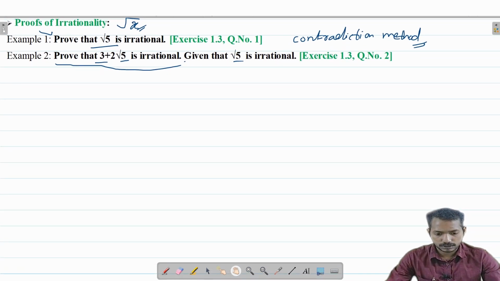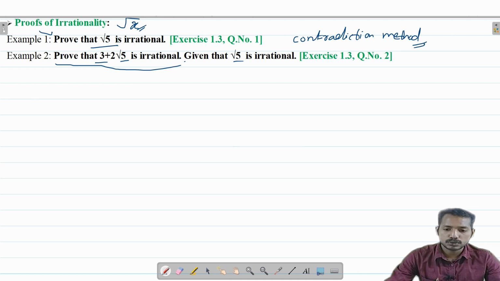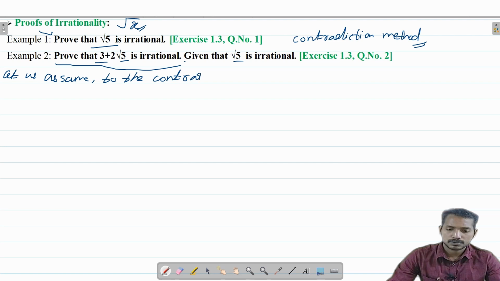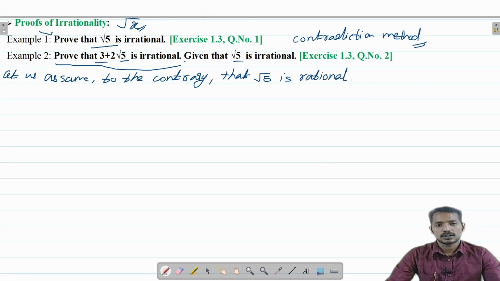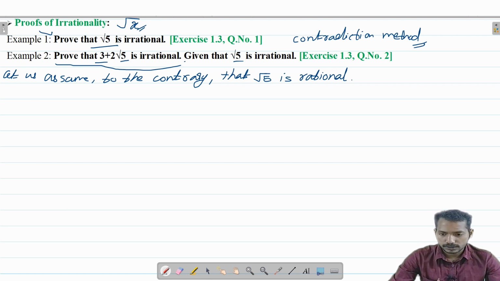That is exercise 1.3, question number 1. For that, we have to prove root 5 is irrational. So let us assume to the contrary that root 5 is rational. Actually, we need to prove root 5 is irrational, so we are assuming root 5 as rational. Now we proceed according to our assumption. Okay? So if that is rational,